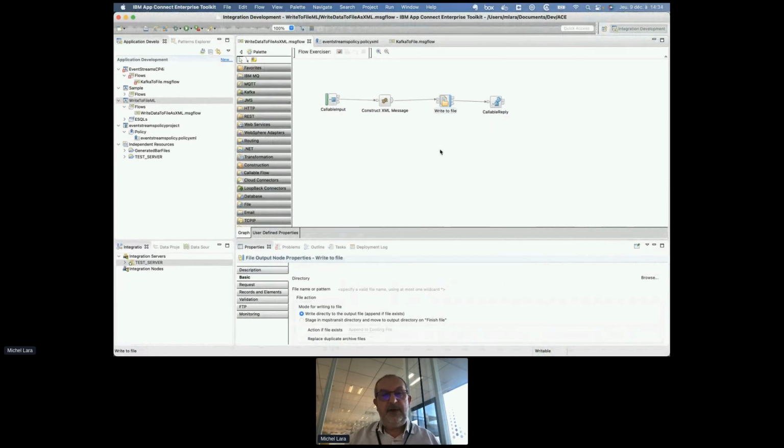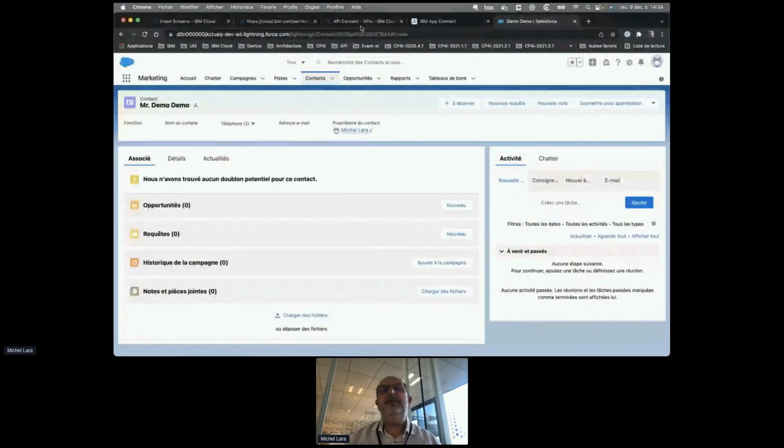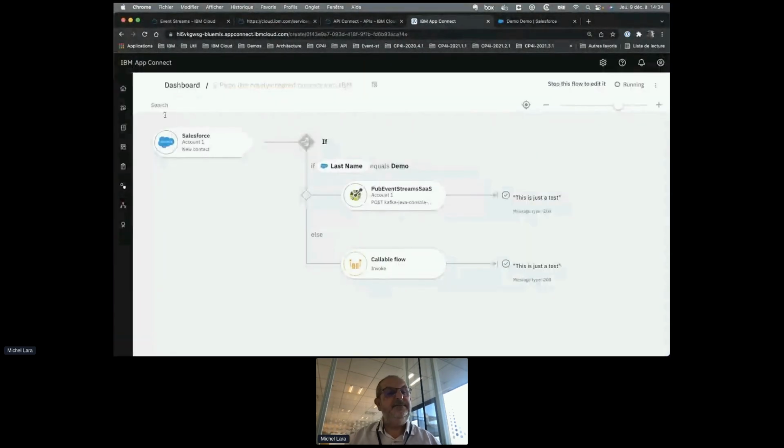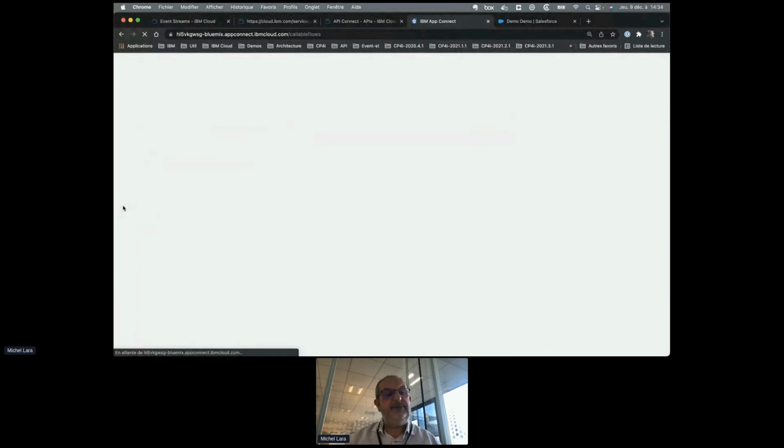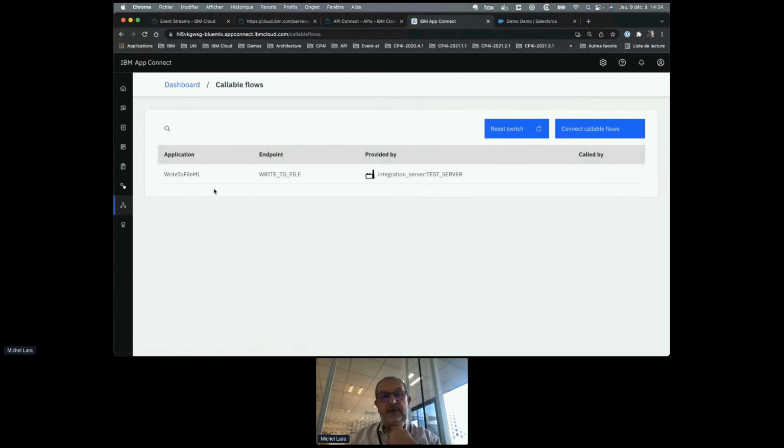So how can I now link this flow on my computer with the bus I have on the cloud? I return to the bus. And how to manage that? You have the capability in App Connect on SaaS to connect your on-prem application with the famous callable flow.